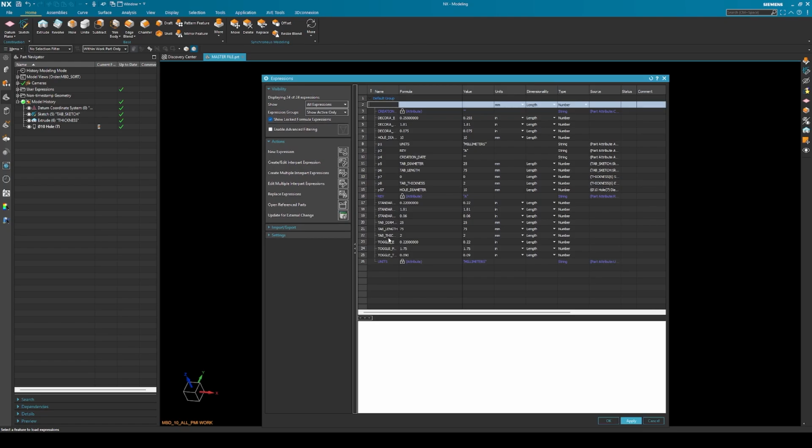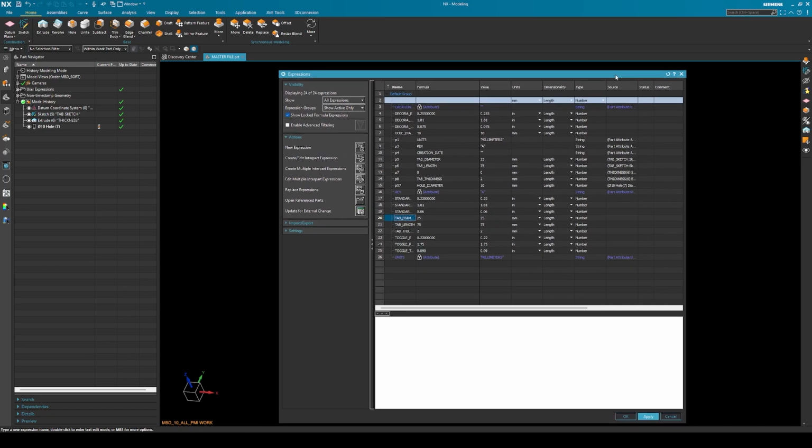I have my tab thickness. I also have the hole diameter there. And I also have the tab length and the tab diameter. So these are all parameters that I want to go ahead and use. Now these other ones are just remnants of the template, so you don't have to worry about those. Needless to say, ideally you have a list of parameters and expressions that you want to change in this